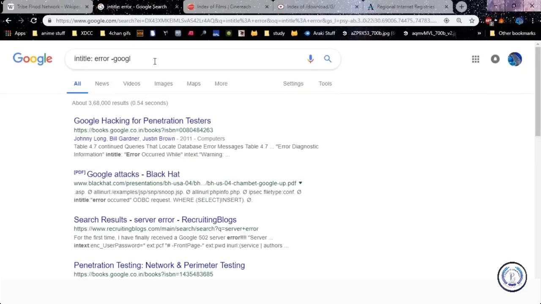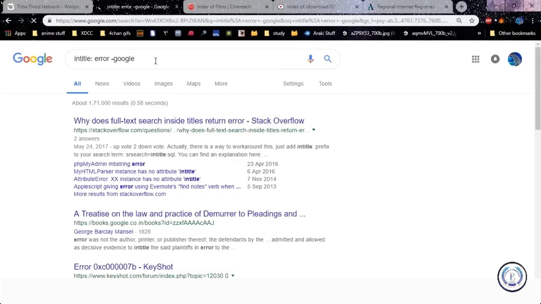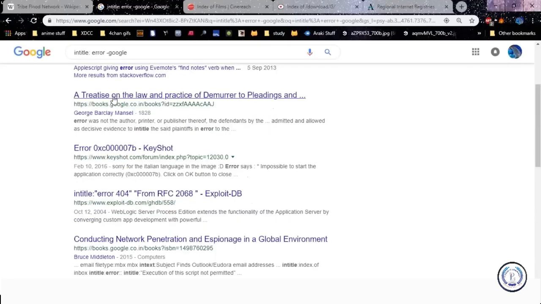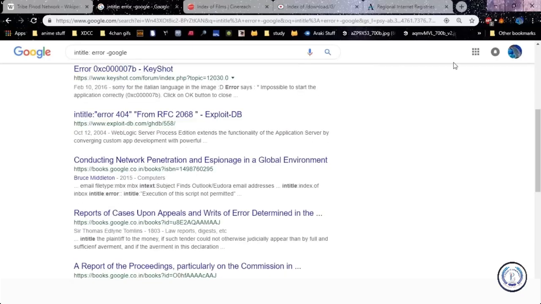So we get all sorts of stuff, and we can do the minus Google part. If you do a minus Google, it'll not show you the stuff that's from Google. So we get various documentation pages about different vendors and the errors that they support. So here's one doc about Oracle, about a Java error. Where you know something more specific, we may be able to get errors about all sorts of other stuff. So this is how you could use the Google hacking technique to your own advantage if you're a penetration tester.